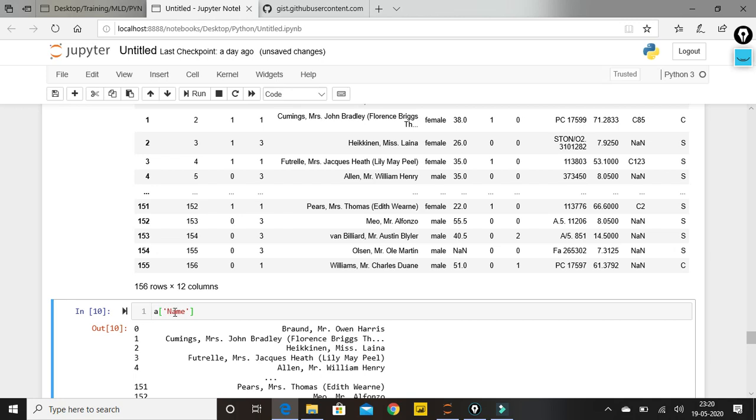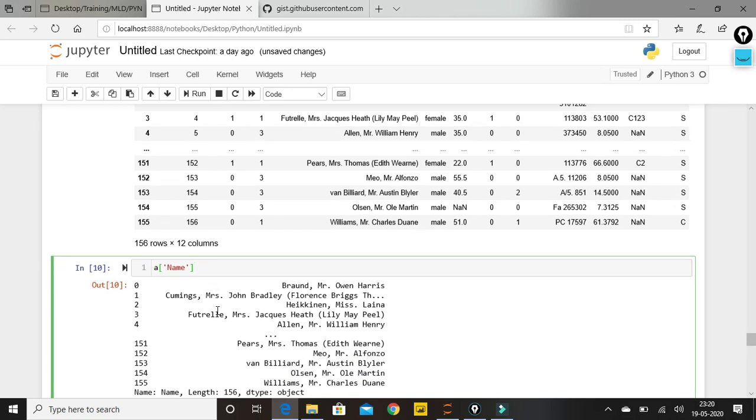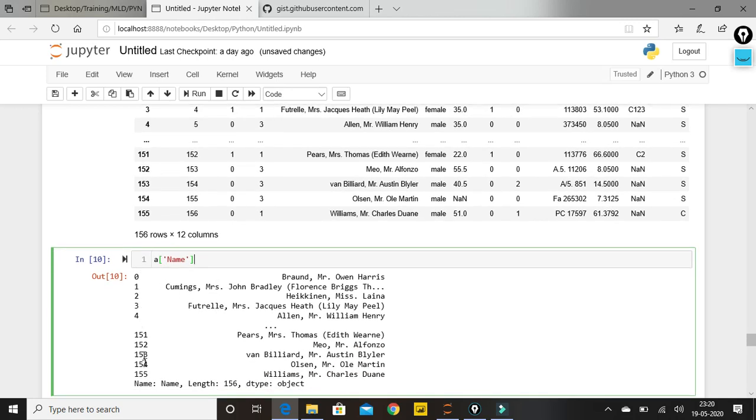Now we know what this is, or we can give a dot name, or we can give this in a square bracket. We know what this will give me. Now I'm talking about the index. Suppose we need a few data from a certain index. We know what an index is: index is nothing but records or my rows. Suppose I need data from my 4th row till my 15th row. What we can do is just give a bracket.